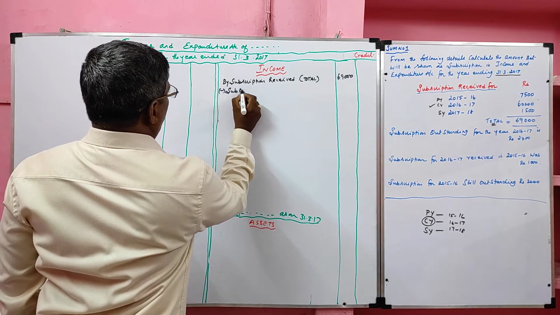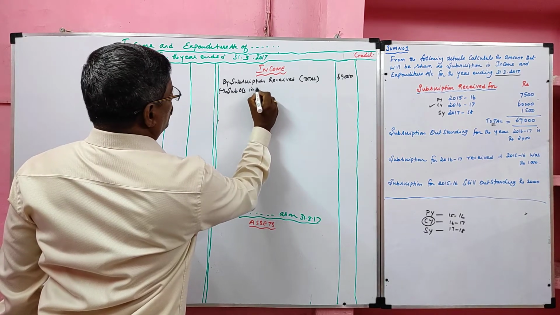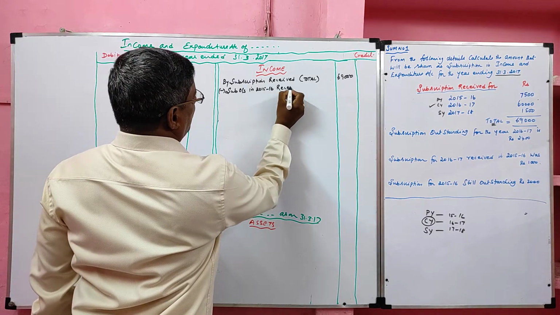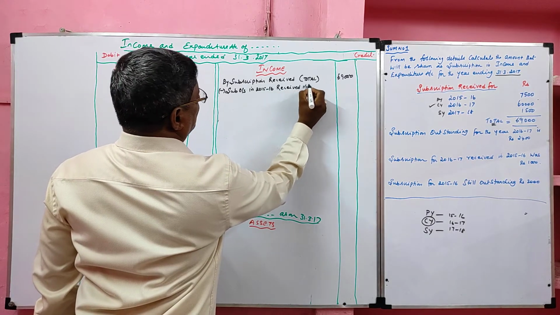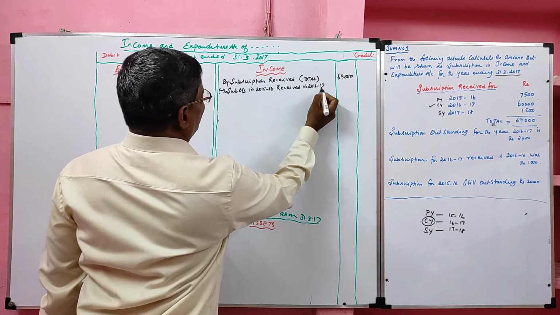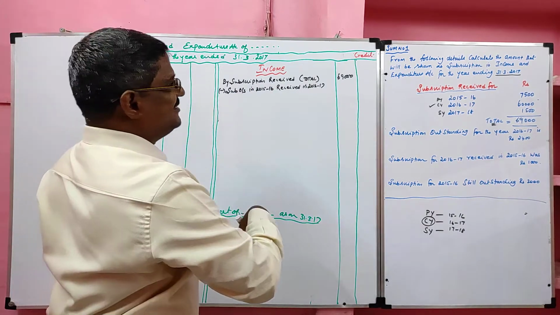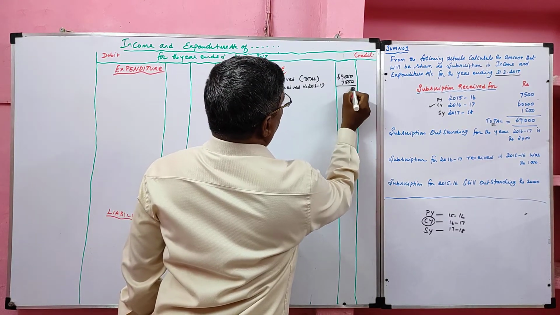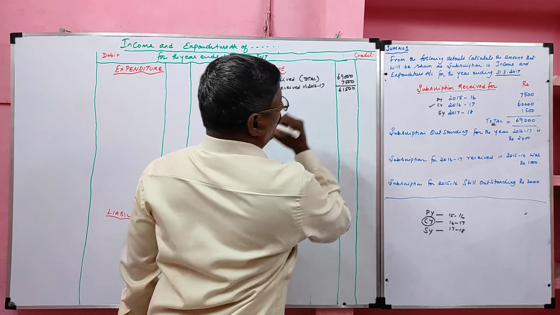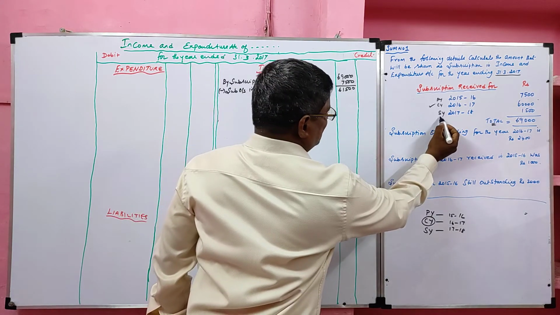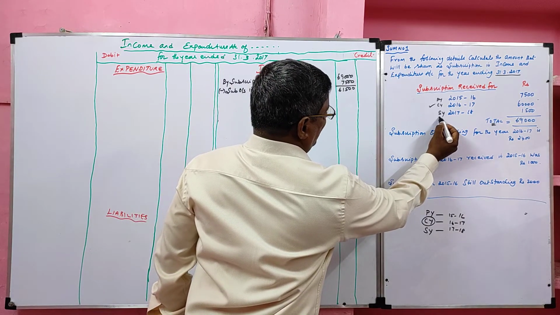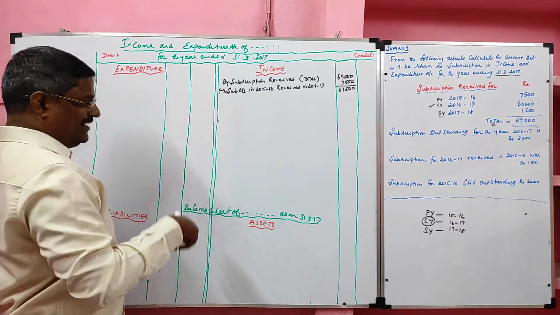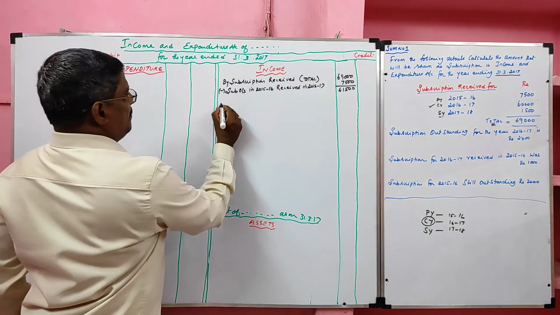Subscription outstanding in 2015 and 16 received in 2016 and 17. So last year outstanding received in this year we have to deduct because it belongs to the previous year. Okay. Next, subscription received for subsequent year, that also we have to deduct because subscription received in this year for the next year, minus